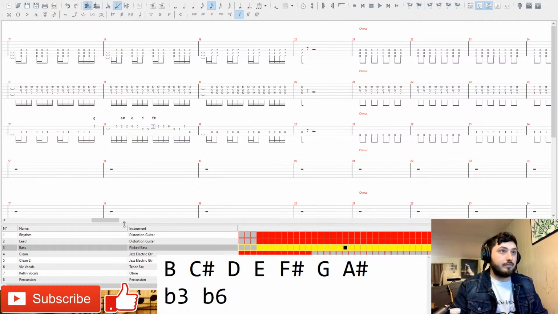F sharp. Cool. E. Oh, I said A sharp earlier. I meant F sharp, I guess. My bad. So we don't know it's harmonic minor. Back to D, blah. Those are all the same. So it's just a cool little run. That's all in the current key. I like it. That's pretty nifty.